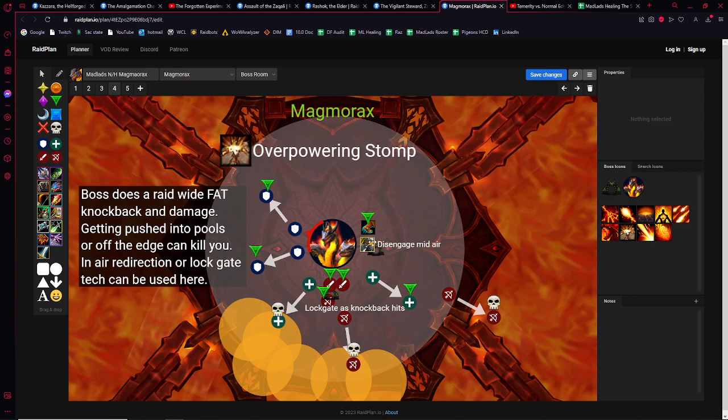There is also some very difficult and kind of hidden tech. Before the overpowering stomp goes off, if you're standing next to a lock gate, the second that the animation finishes and your character starts to move, you click the lock gate and it teleports you through the lock gate, and you can avoid one singular stomp over the course of the fight. The stomps seem to come every 35 seconds from testing,